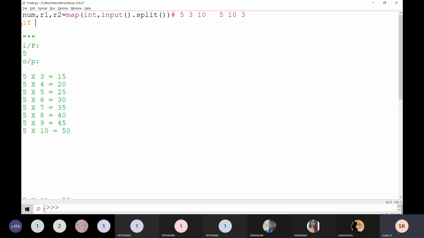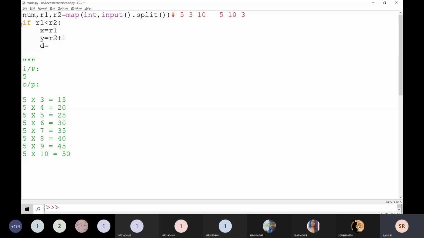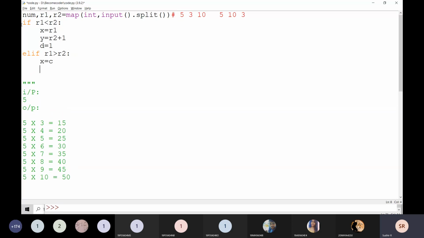If R1 is less than R2, x is equal to r1, y is equal to r2 plus 1, and d is equal to 1. Okay, then else if b is greater than c, that is going to be r1 is greater than r2, x is equal to c, and y is equal to b minus 1, and d is equal to minus 1.